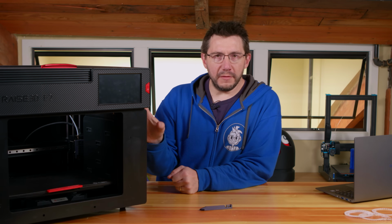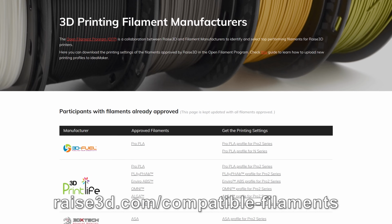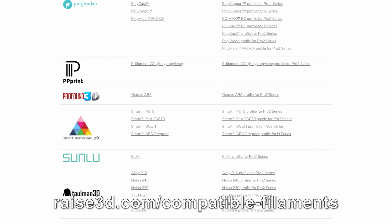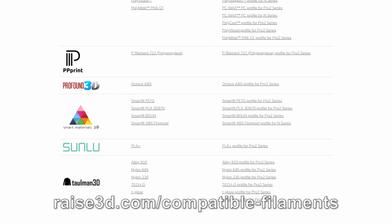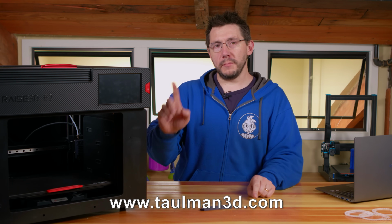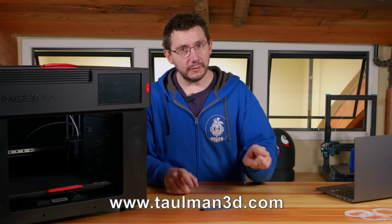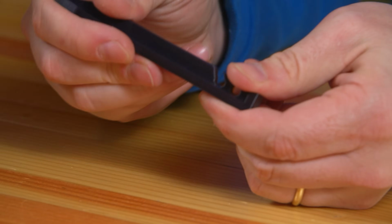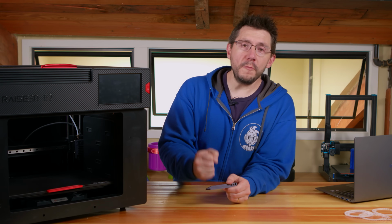was Alloy 910. But Raise has what they call the Open Filament program, and they have settings that you can download and then import into their slicer. And so I did, and I converted it over to my E2 profile, and then I went on Tallman's site just to confirm temperature for build plate and temperature for nozzle, and I changed it a little bit, and this is what popped out. And so now my mind is racing because it's a semi-flexible material that is super duper